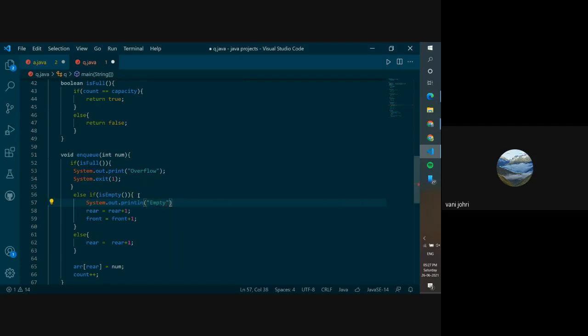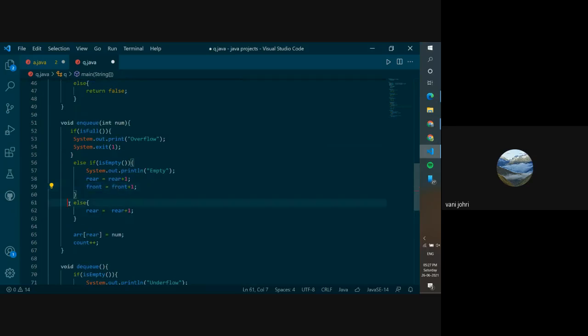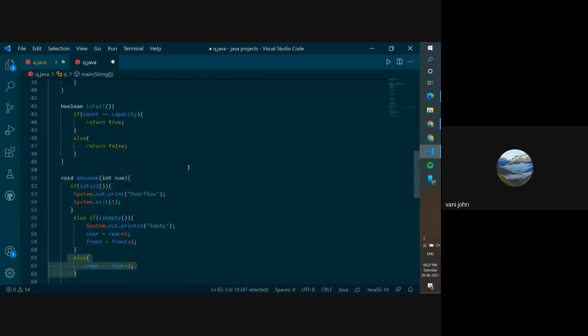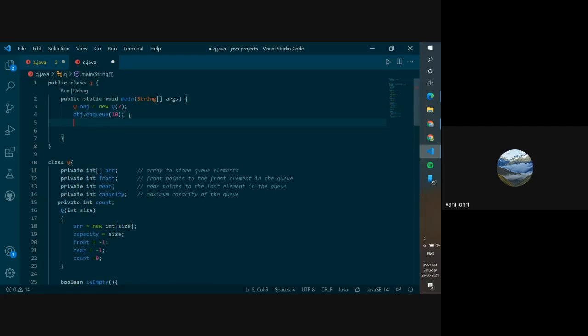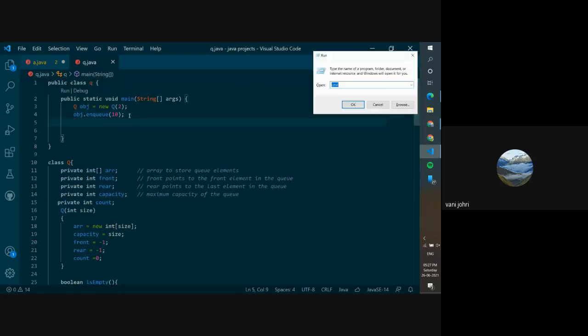All right. When the first element is added in your queue, at that time this part of the code should function, right? How will you know? It will print empty when this part of the code is functioning. And if it is not, then this part of the code will function. So let's try adding two values to it. Well, let's try with one first.